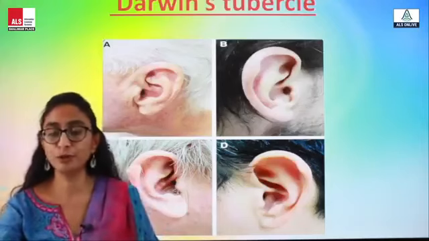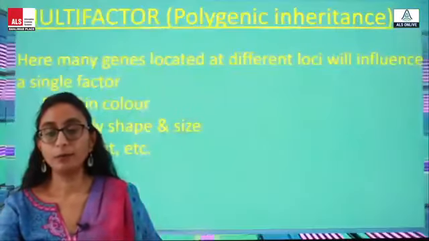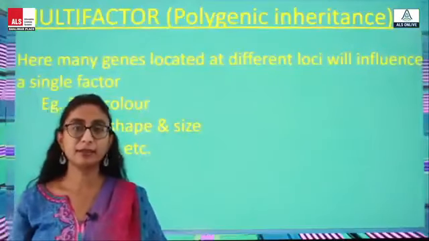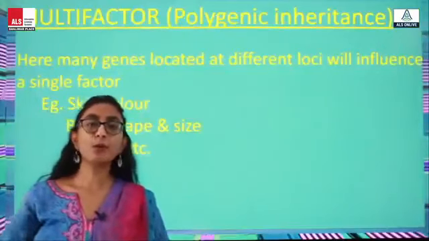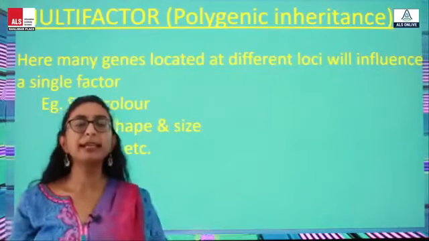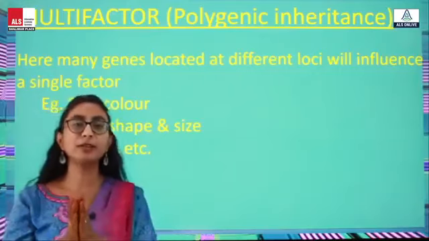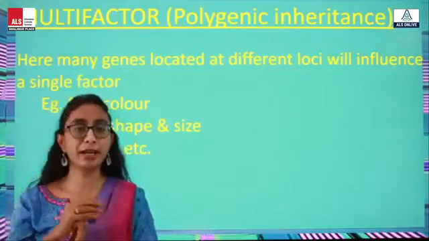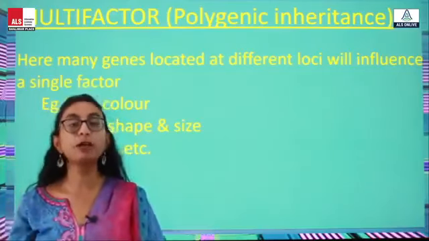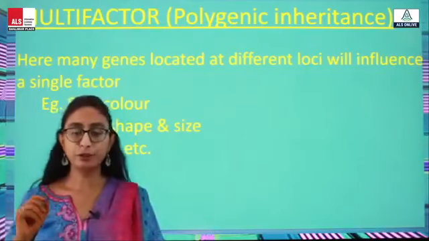Next, moving on to polygenic inheritance or multi-factor. Sometimes one gene alone is not sufficient to produce a character or a trait. There will be many genes coming together to produce a particular trait. Such a condition is called polygenic inheritance or multi-factor. Say I can give you the example of